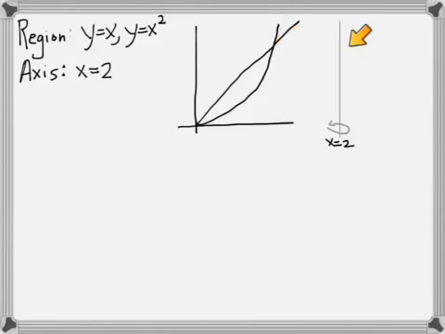This is the point 1, 1. X equals 2 is over here someplace. This is not necessarily drawn to scale. It doesn't need to be perfectly drawn to scale. So, since my